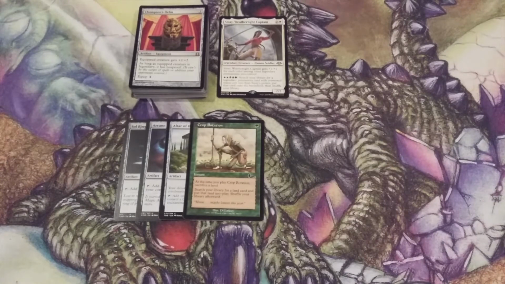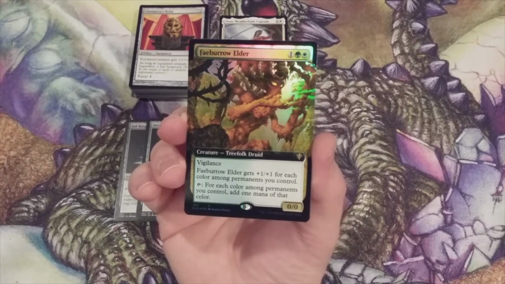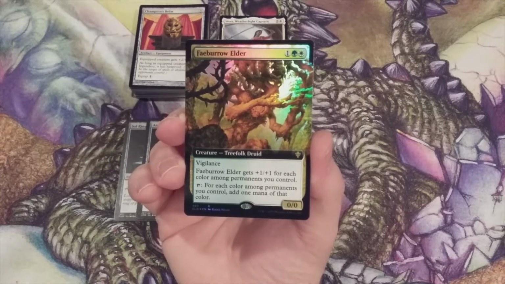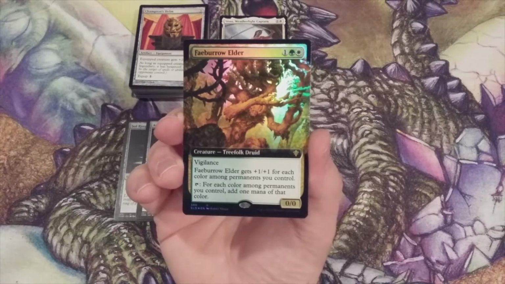Ramp spell number 5. Jeez, we're moving back in time. I'm still stuck on the Altar, folks. All right, ramp spell number 5. We are going to include a copy of Feyburrow Elder. 1 green and a white. It has vigilance. It gets +1/+1 for each color among permanents we control. And we can tap it and we can add 1 mana of any...